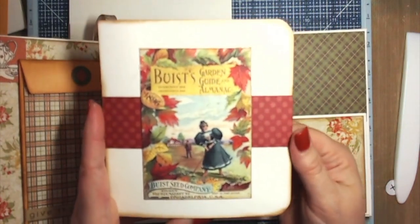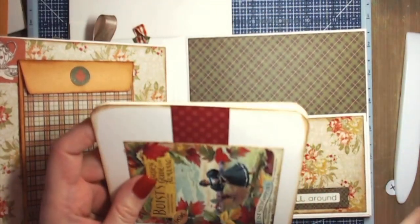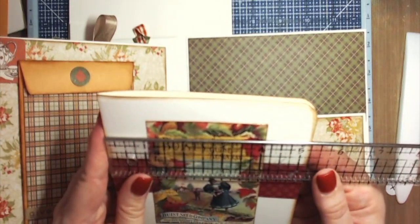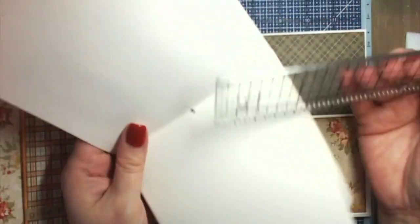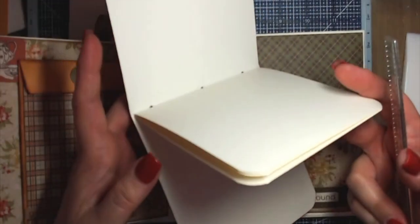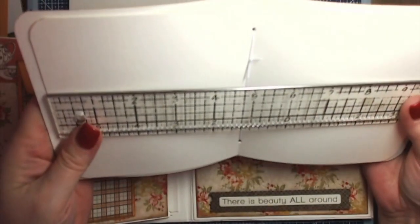And then, oh, I did make this. This is just a little booklet that I made, just out of some of the linen cardstock, the artisan cardstock. It is 5 1/4 by 5 1/4, so you'll want to cut a piece of cardstock that is 10 1/2 by 5 1/4. And then the inside pages, I just took 2 pieces of the artisan cardstock and I cut them at